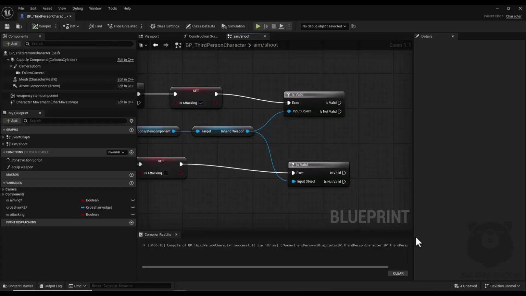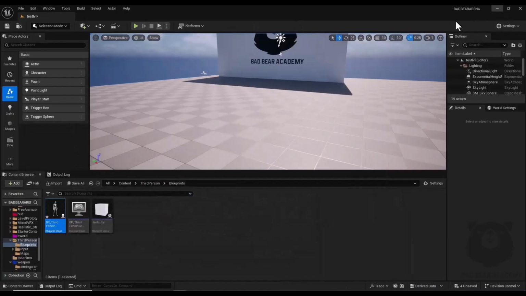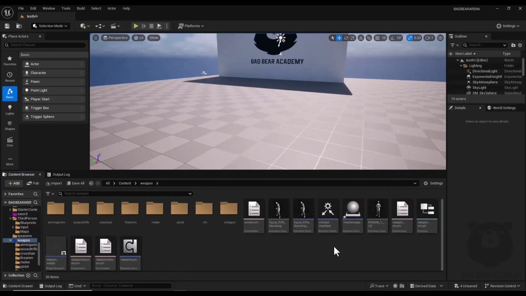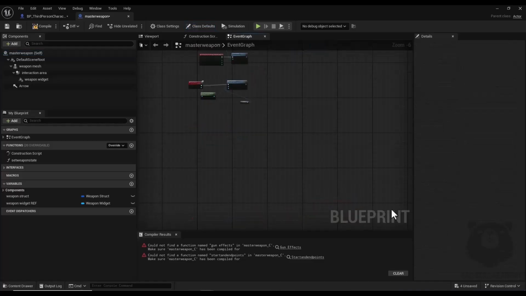And now I'm going to create some events inside my master weapon blueprint. So I open up my master weapon blueprint, and inside of my master weapon, which is the master class of all of my other weapons,